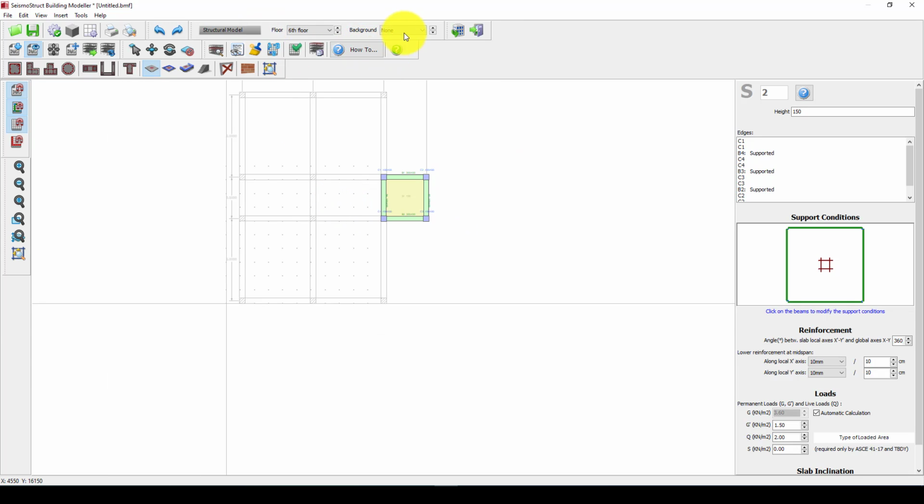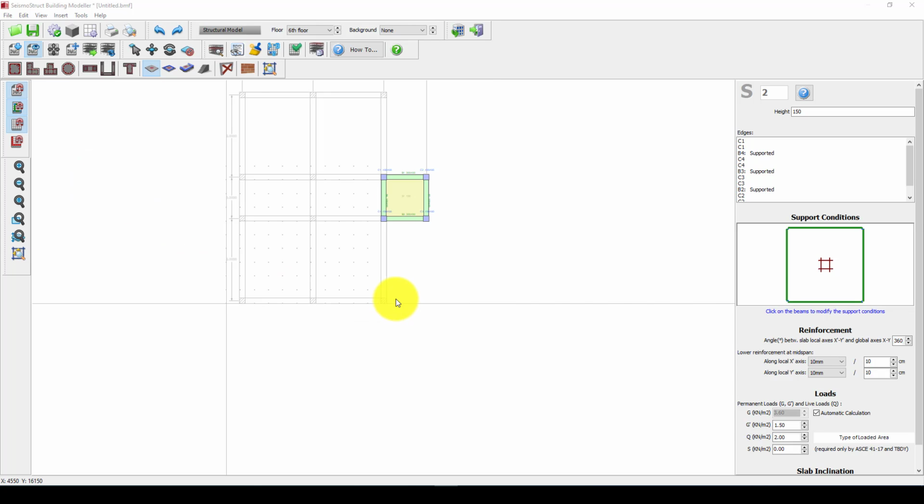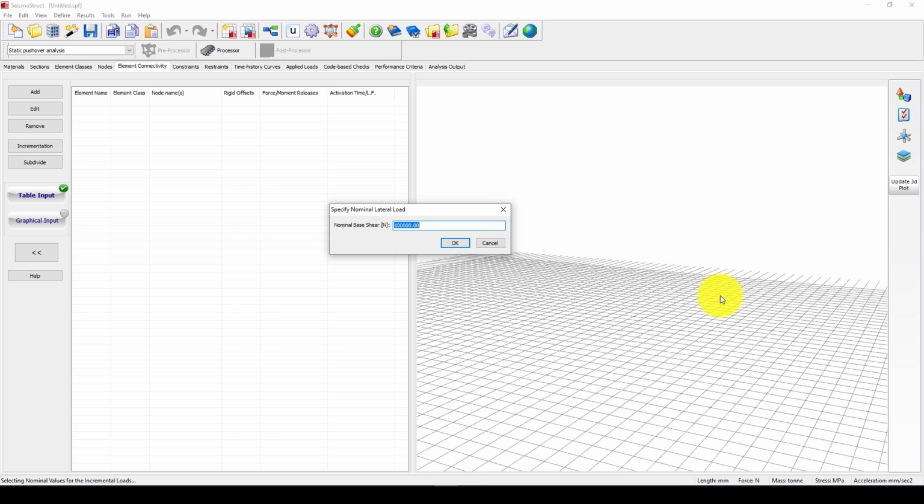So now we're gonna go to exit here, and we want to save it. We want to save this one because in the next step we will add the bracing here. I'm gonna call it model, save. So now it asks me, this is Newton, it asks me how much shear